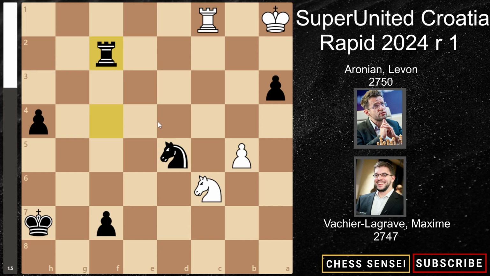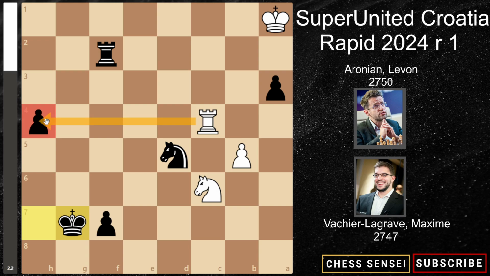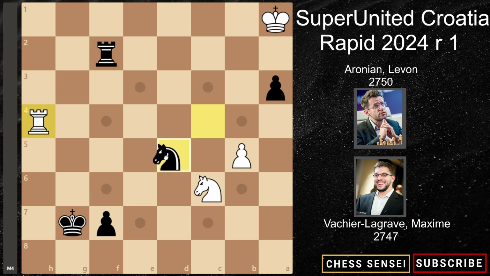So here Maxime went rook to f2. If this rook moves away from defending that c3 square, then knight to c3 will be a deadly threat with the checkmating net on a2. So we've got rook to c4. Of course, the rook cannot move away from the c3 square. We've got king to g7. Maxime saying, okay, you can take my pawn. But of course, the idea behind it is that if white intended to take the pawn, then knight to c3 will